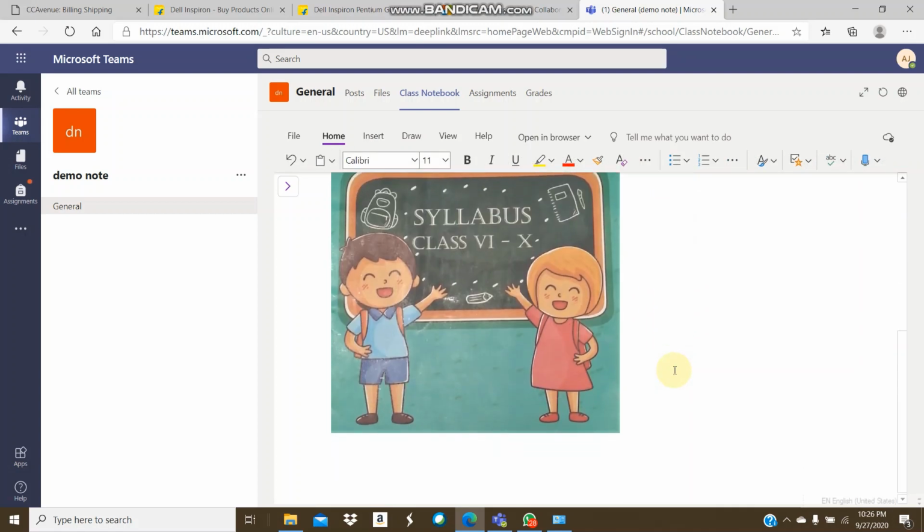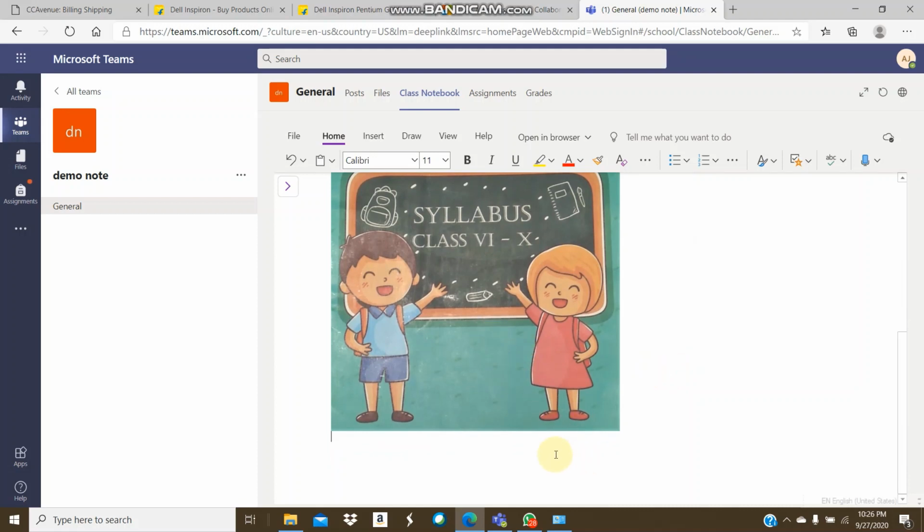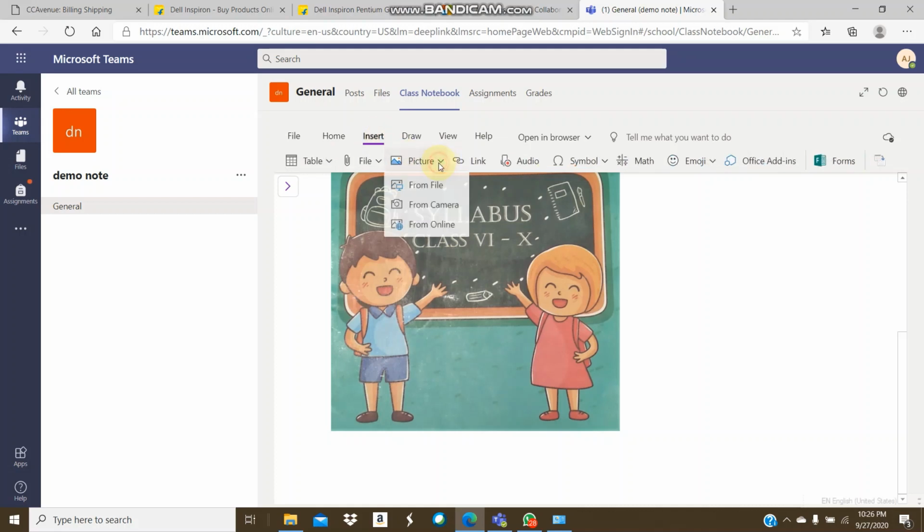Now in answer 2 you want to insert one more picture, but this work must be from some book or copy, something which you are not able to take a picture of. All laptops nowadays have a camera. When you click on insert picture and choose from camera, you can use that camera.